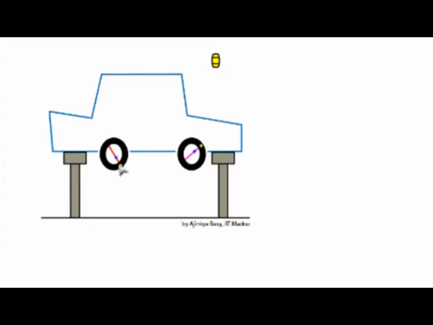So each point, rather I should not use the word particle, each point in the wheel is going to have only a tangential motion, and the velocity of each point on this radius is going to be directed along the tangent. That implies that the velocity at each point of this tire is not going to be constant in terms of its direction. Each point on this tire has a different direction of its tangent, and therefore the velocity at each point is very different. The velocity at each point has a different direction, even if the magnitude remains the same.